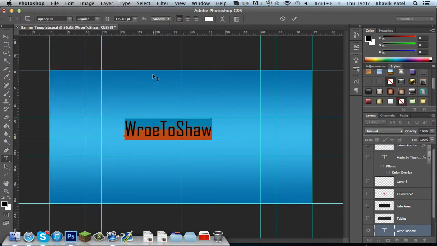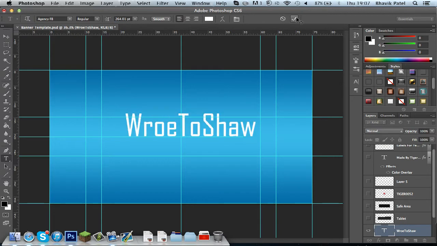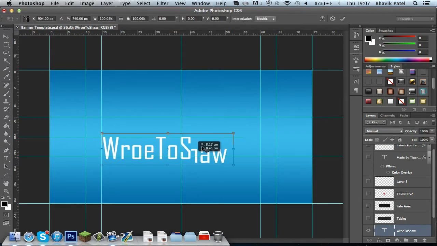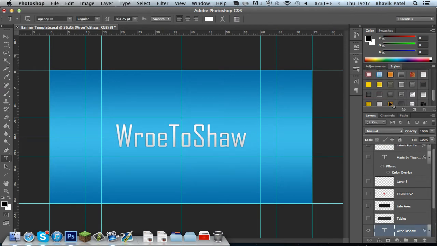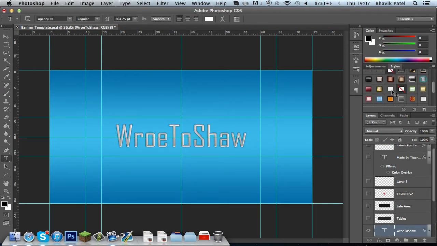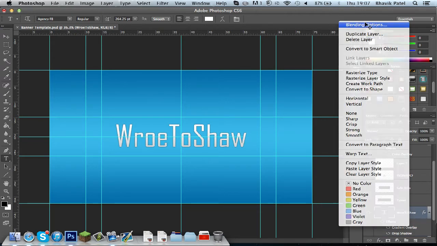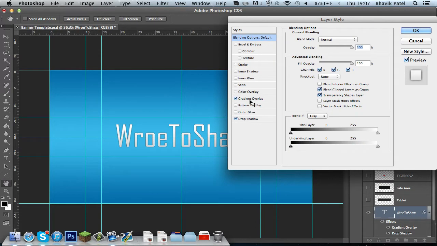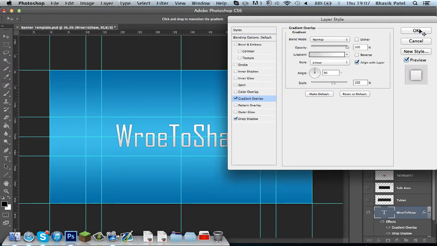So I'm going to go with some Agency FB. It's a nice font, a nice simple font. And by the way, guys, you want to keep your text nice and big because that's the main attraction of the banner. Sorry. So as you can see here, this is what we're working with, and that's the gradient overlay. It's a nice metallic-y type of silver,